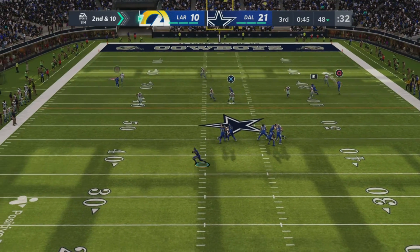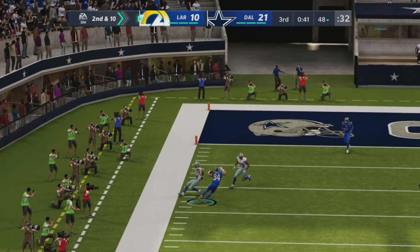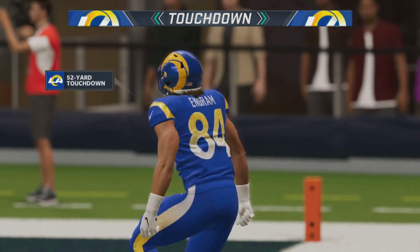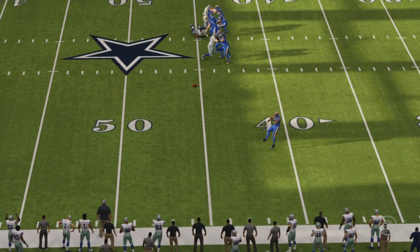Hurts sets up to throw it. Being chased out left. Now he'll let it go. And the defense loses him. It's complete. Touchdown, L.A. Evan Ingram. His 2nd touchdown of the game. His 3rd on the year. And the Rams...